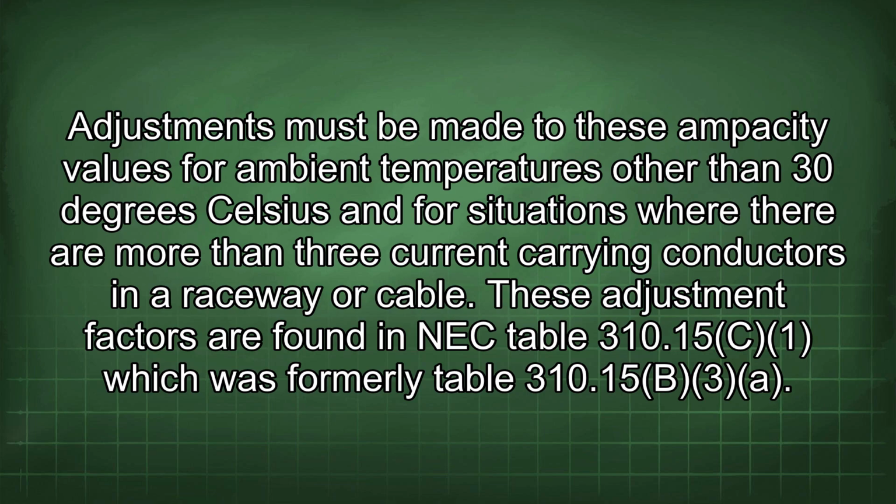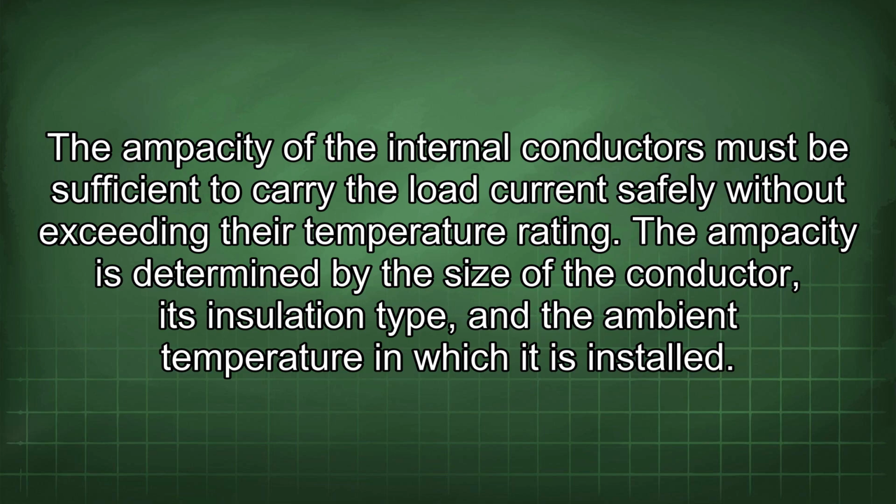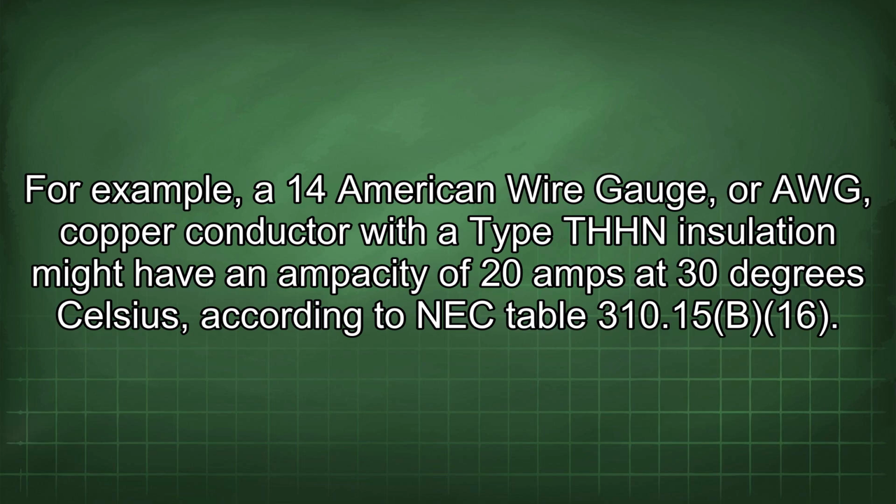These adjustment factors are found in NEC Table 310.15(C)(1), which was formerly Table 310.15(B)(3). The ampacity of the internal conductors must be sufficient to carry the load current safely without exceeding their temperature rating. The ampacity is determined by the size of the conductor, its insulation type, and the ambient temperature in which it is installed. For example, a 14 American Wire Gauge, or AWG, copper conductor with a type THHN insulation might